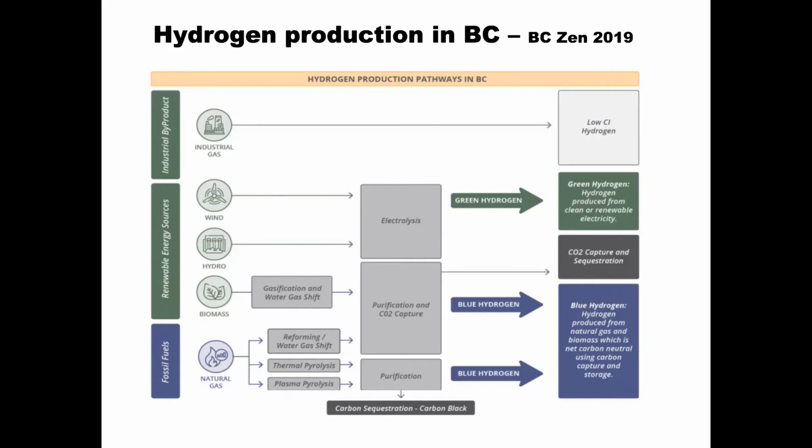It is not commercially proven. It's in small scale, but it has been done since the early 1900s. And it was interesting that in some of the hydrogen strategies that we see emerging around the world, they are calling for throwing massive resources at this technology. Because with this technology, it would be easier to dispose of the solid carbon. We could use it for other components, paving roads, and sequester it that way, or carbon fiber products. So there's other ways to use the carbon and sequester it and not have to deal with CO2 in a vapor form and putting it subsurface geologically, which becomes